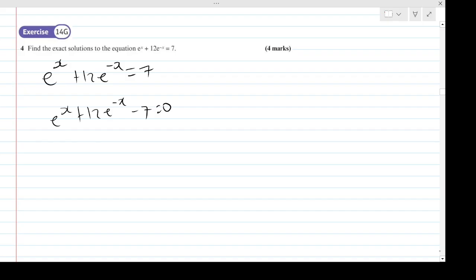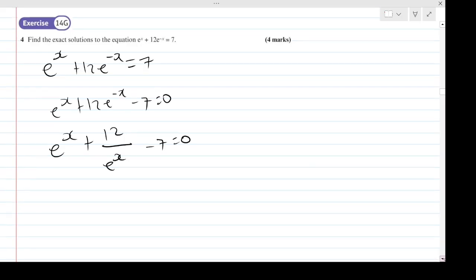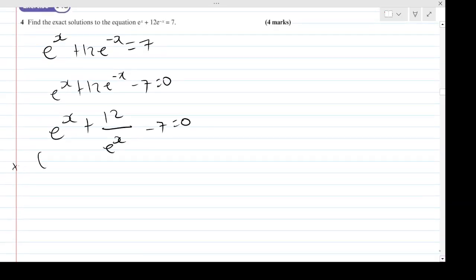This is a hidden quadratic, and honestly this is a fairly common one, so it looks weird at the moment, but hopefully you do understand the process here, and then you can tackle questions like this. To help you visualize, if I notice e to the negative x is a reciprocal, it's a negative power. I can say that e to the x add 12 over e to the x minus 7 equals 0. Now, to get rid of the fraction, I can times by e to the x on all sides,